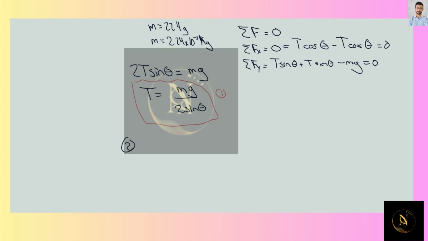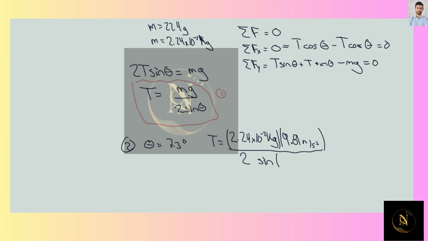Now, for part 2, we are going to just plug in the values that are required from us, with theta equal to 7.3 degrees. The value for tension is going to be equal to the mass, which is 2.24 times 10 to the minus 2 kilograms, times the value for gravity, which is 9.81 meters per second squared. If your professor employs gravity as 10, you can plug in that value for your calculation, and over here, 2 times sine of 7.3 degrees. This is going to give us as answer 0.8647